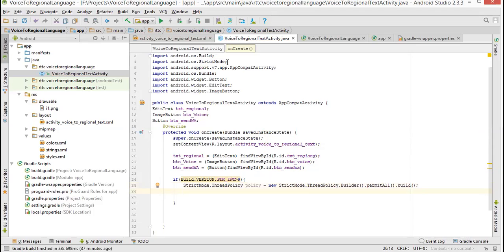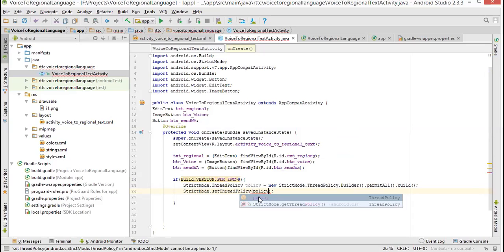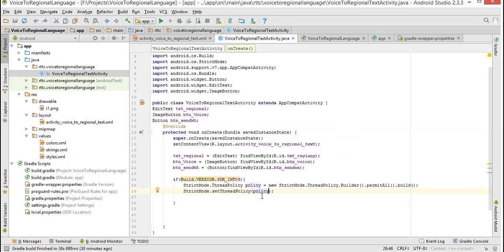Why? Because when you click on that voice button, another screen will open for you showing a voice mic. You have to give your voice to that mic, and it will capture your voice, convert it into text, and put it again on the main activity screen. So for that, you need to implement this thread. One more line you need to write: StrictMode dot setThreadPolicy, the above declared policy, because I have given the object as policy. So if you write these two lines, your voice will be taken care of by this if condition. Got it?